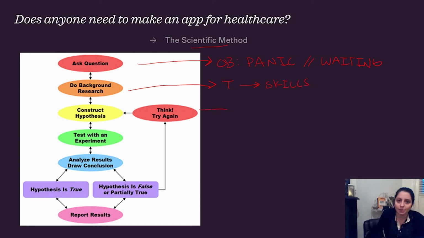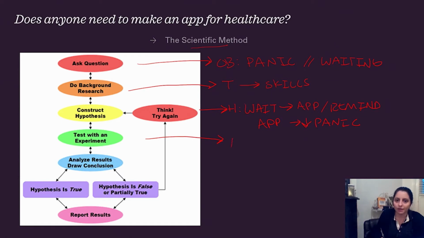And so you come up with a hypothesis that people can use an app to remind them of their skills or practice their skills while they're in the waiting room. Your hypothesis is that if they're in the waiting room and they're having a panic attack, then the app will be a way to rehearse and remind them. That means that you can also quantify that: if they have the app, then their panic attacks will decrease. App equals less panic.